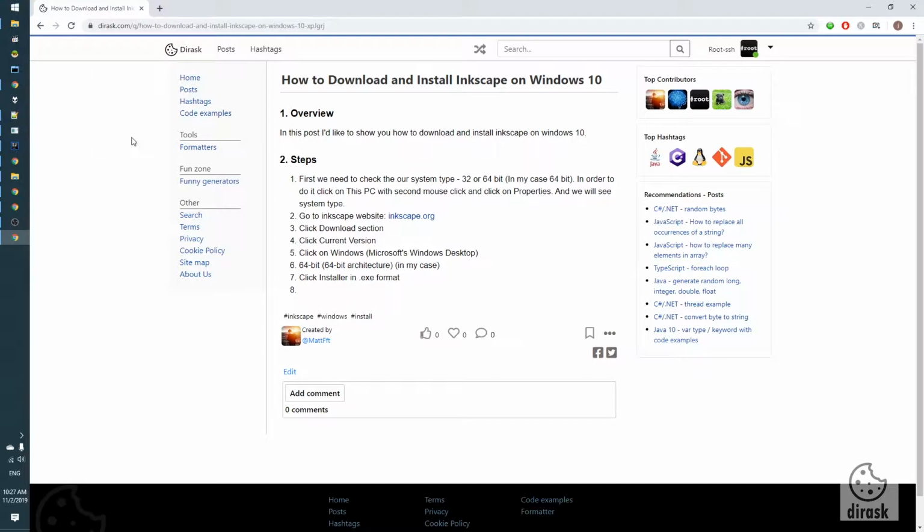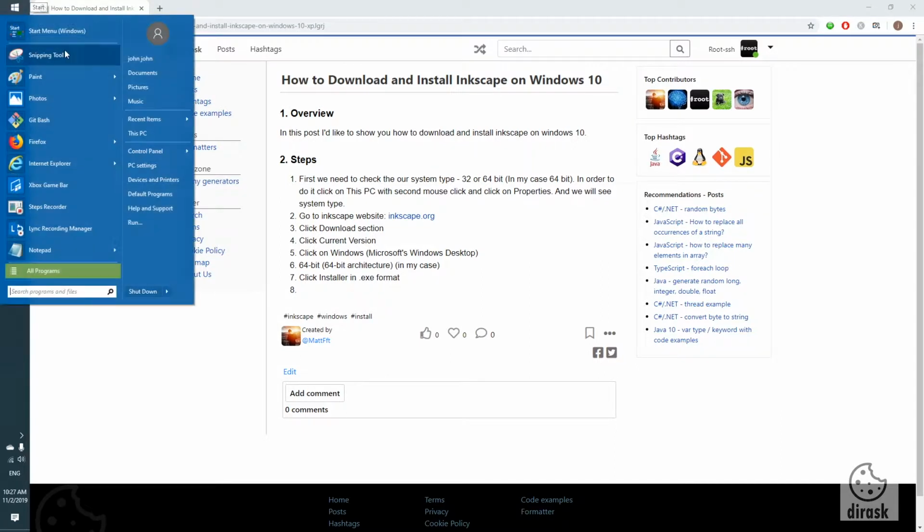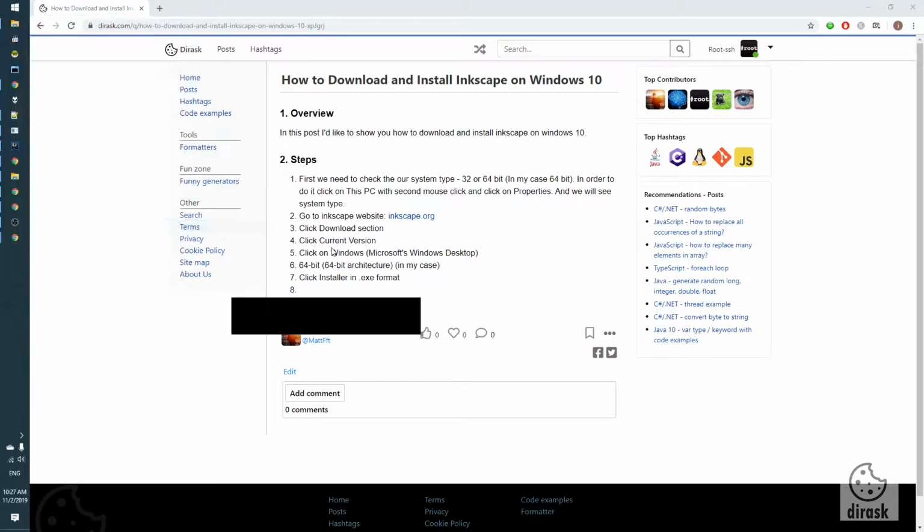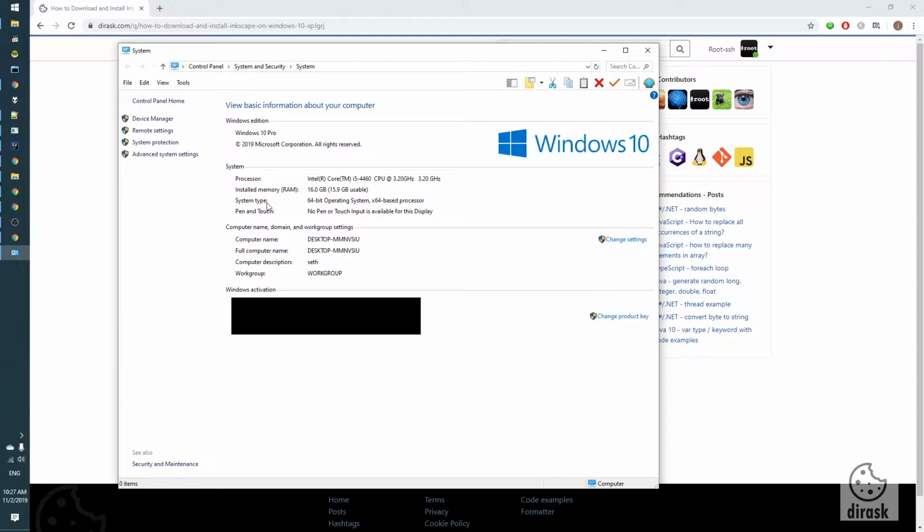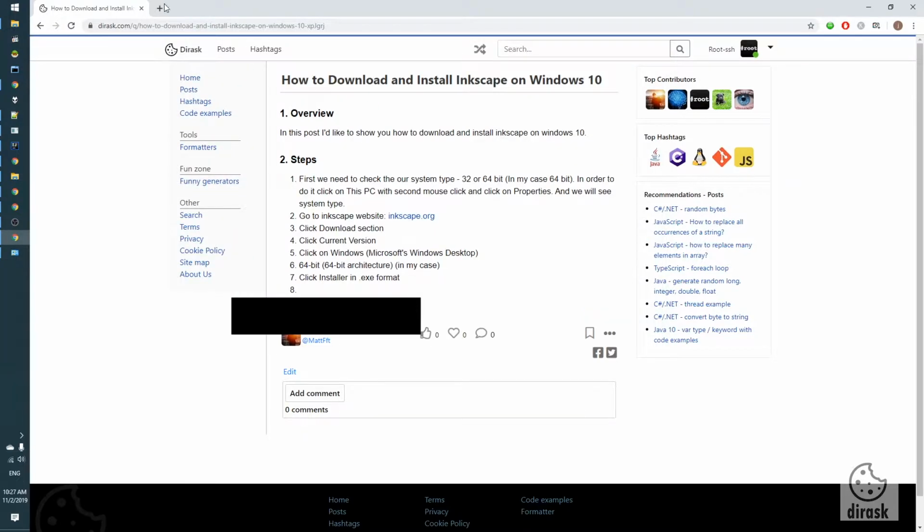So first step, we click on Start, second mouse click on This PC, click on Properties, and we see system type: 64-bit operating system. So we go to Inkscape